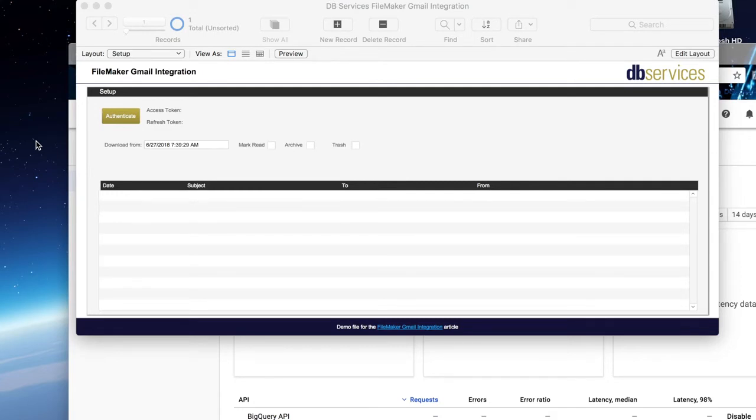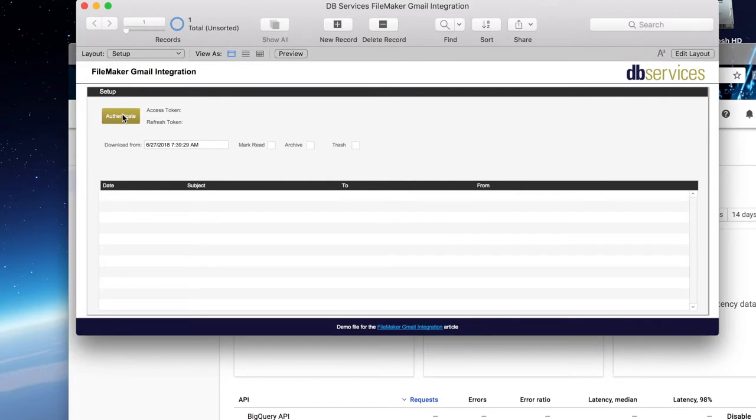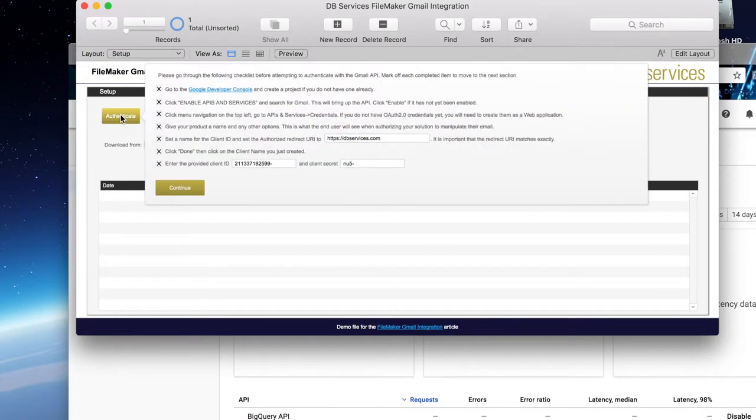Here we are going to be showing how you can integrate FileMaker with Gmail. Basically, that means we're going to be able to pull messages and their attachments and then also update them so that they are marked as read, archived, or moved to the trash after you import them. The first step you're going to have to do is authenticate with Google itself using OAuth